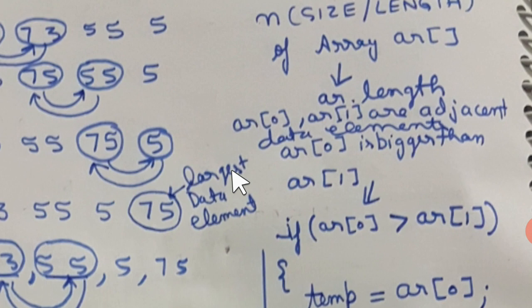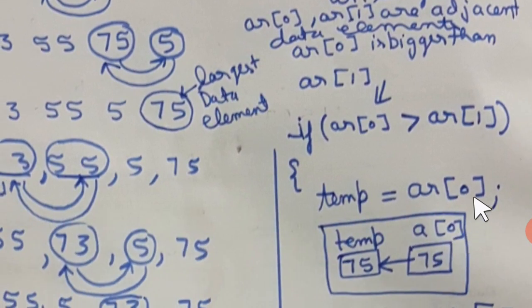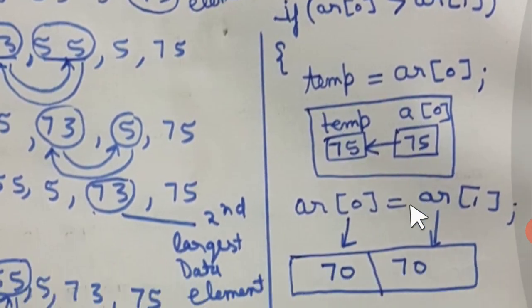And why do we do that? We always do that when one data element is bigger than the next element. And remember, this is for sorting in ascending order, not descending order. Descending will be just the opposite. Now if AR[0] is greater than AR[1], which is true here, as you have already seen in the example, we have to save our data. So we save the data of AR[0] into temp. I'm showing this in the picture also. AR[0] contains 75, so temp will also have 75 after the execution of this statement. Now our 75 is saved.